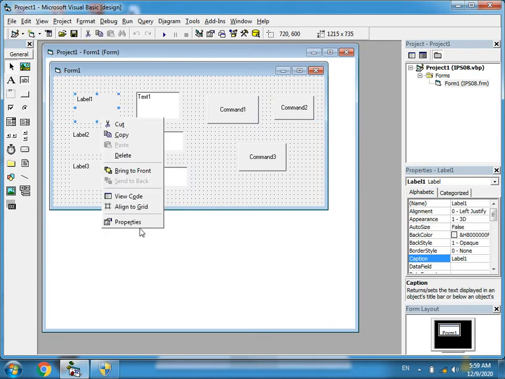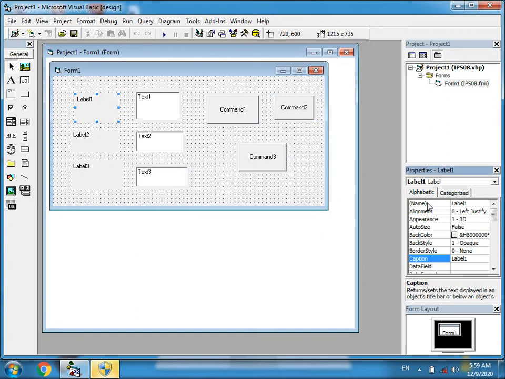Now in Label1, right click on Label1 properties. Then the Label1 properties will be shown. Under the Caption property, I will type the name. Then again I will click on Label2. Then the caption of Label2 will appear. And here I will type the class, name class. And for the Label3 caption, the percentage.